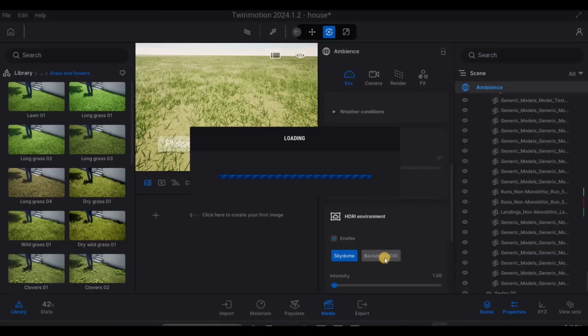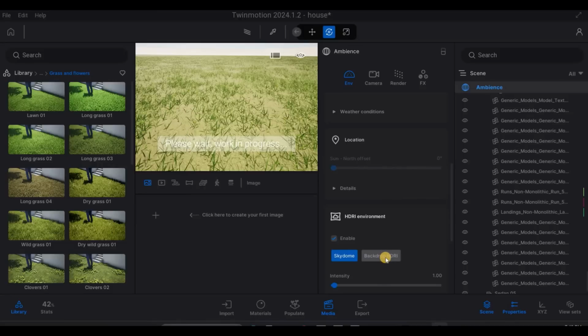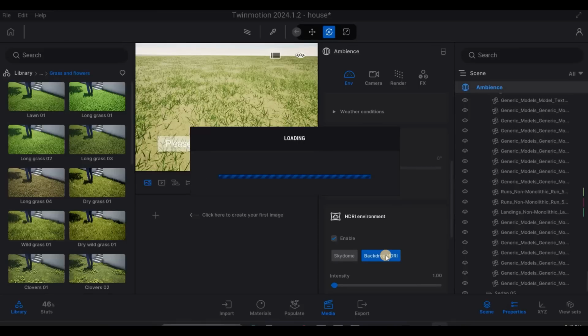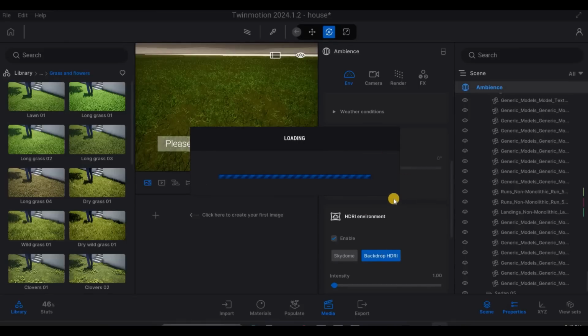So that's why I usually use that. In sky dome, you can replicate the way that it looks. You have more control of the lighting, but it really depends on the way you like it. So for me, I'm just gonna use backdrop HDRI, and then